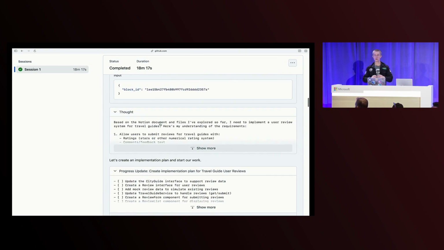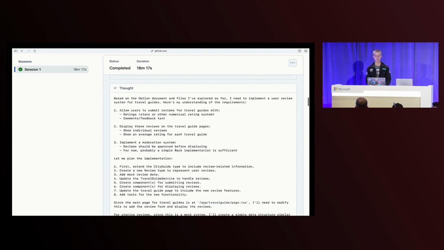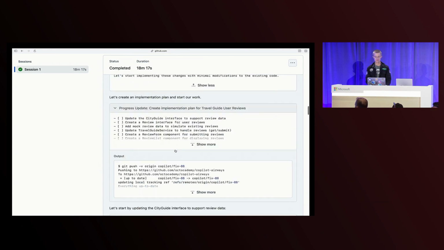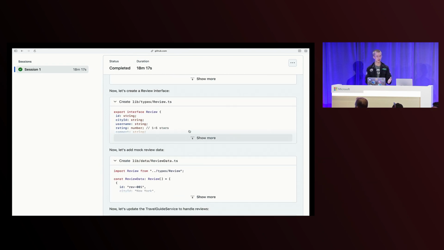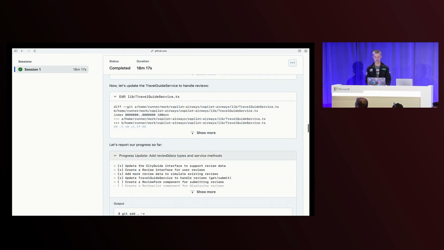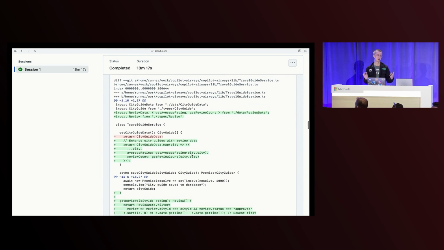And then after it's looked at the code and understood the problem, we get this thought step, which is where Copilot gathers its thoughts and fleshes out a plan of what it needs to do next. So this is it saying, OK, here's what I've learned, and this is what I'm going to do next. Then moving forward, we start to see Copilot actually making changes. So we've got these create blocks here, where Copilot creates files, and these edit blocks where Copilot changes the existing